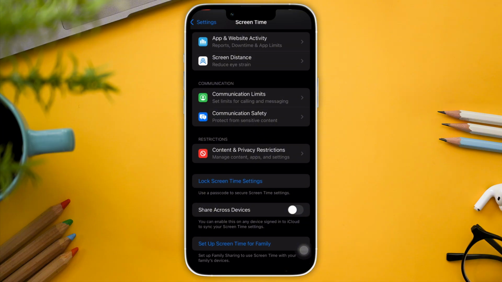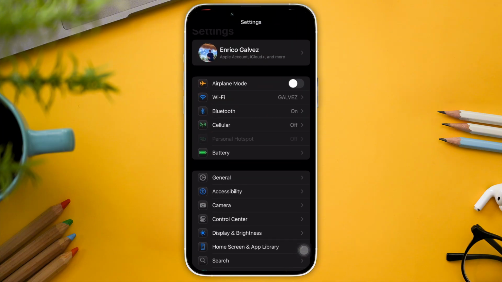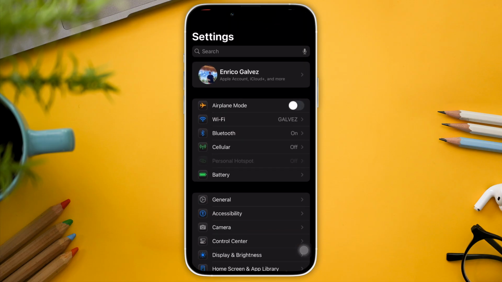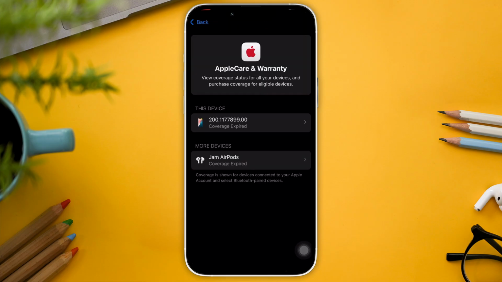Speaking of which, we also have a new warranty for your iPhone, or basically your Apple account. So going back here, let's just look for warranty right there. The new look of the AppleCare warranty gives you more options on how it looks regarding your warranty from top